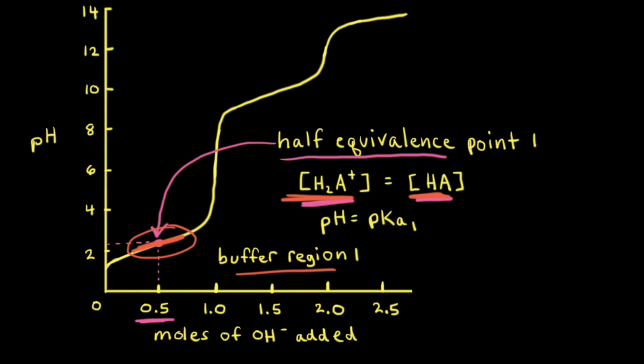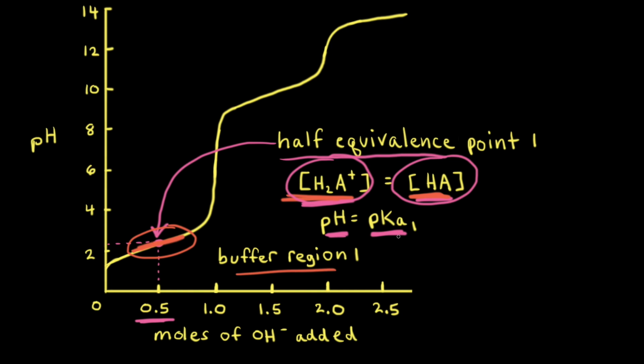And since we've formed a buffer, the Henderson-Hasselbalch equation tells us when the concentration of the weak acid is equal to the concentration of the conjugate base, the pH of the solution is equal to the pKa of the weak acid. In this case, we're talking about the pKa value of the more acidic proton, so the proton that's on